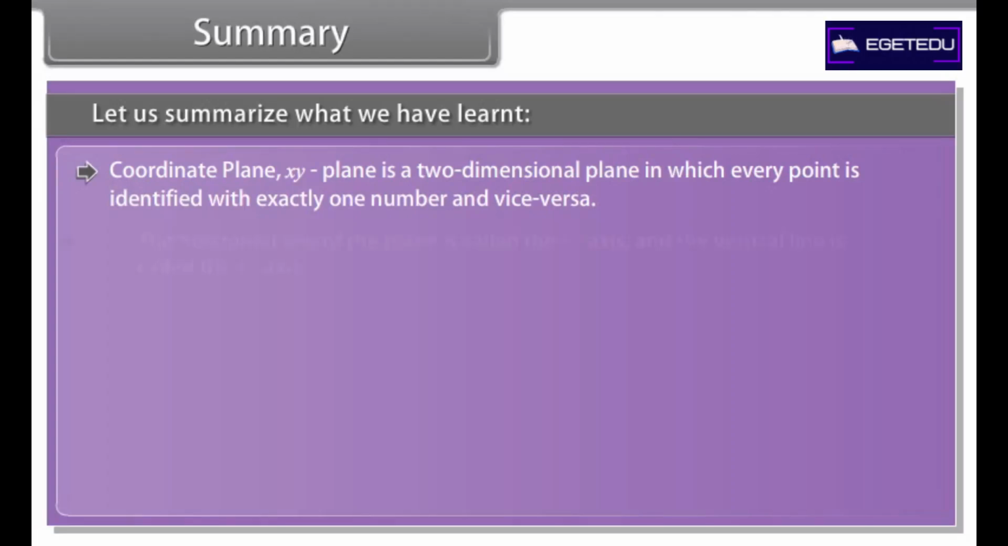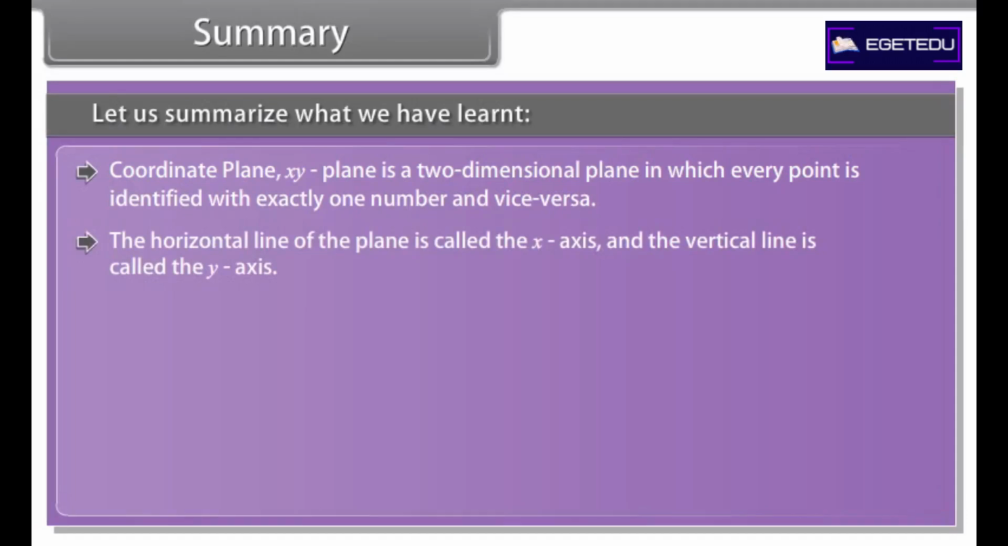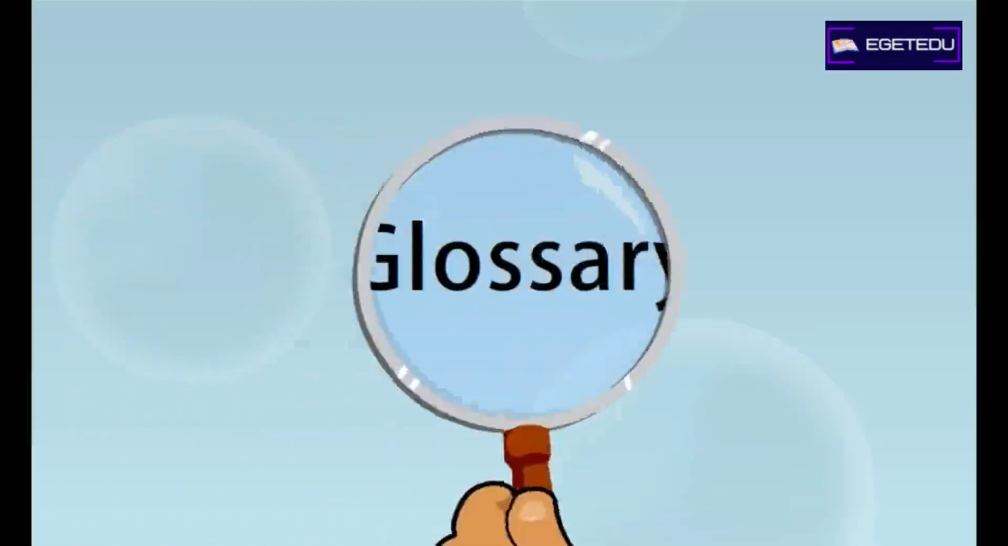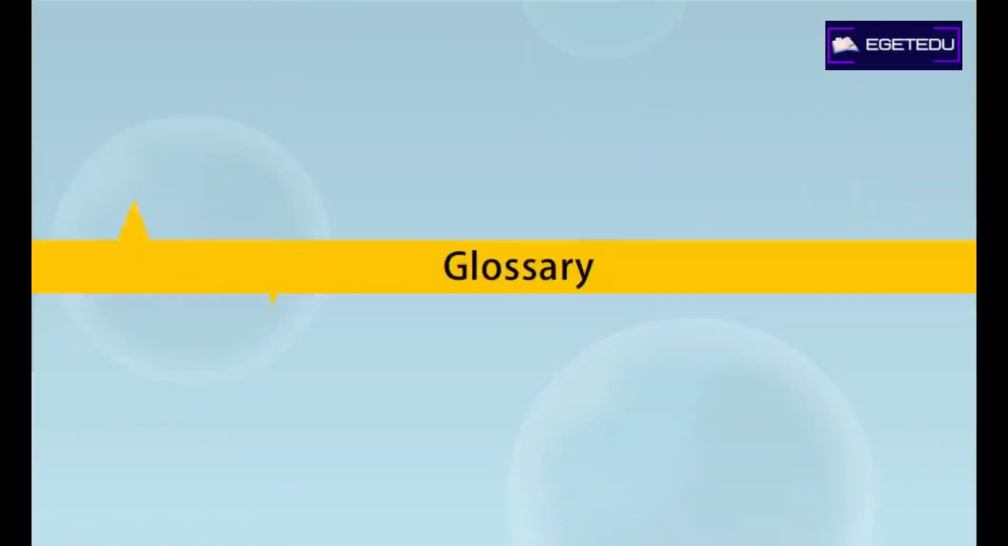Summary. Let us summarize what we have learned. Coordinate plane, XY plane, is a two-dimensional plane in which every point is identified with exactly one number and vice versa. The horizontal line of the plane is called the x-axis and the vertical line is called the y-axis. The coordinate axes divide the plane into 4 quadrants. The distance of a point from the y-axis is called its x-coordinate or abscissa, and the distance